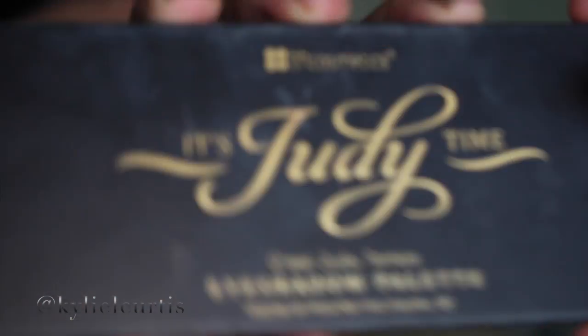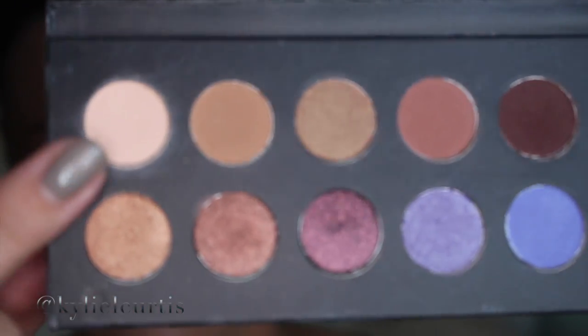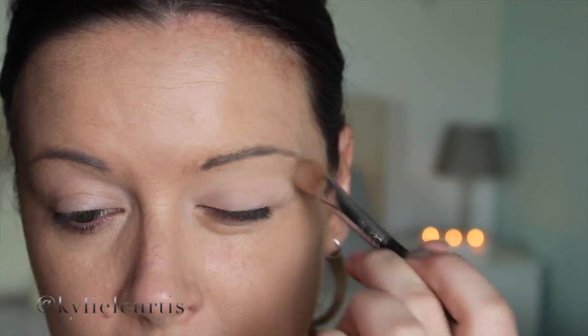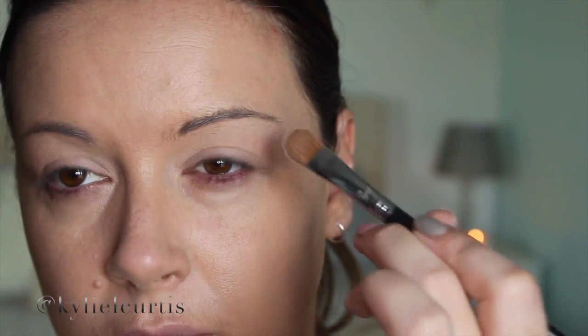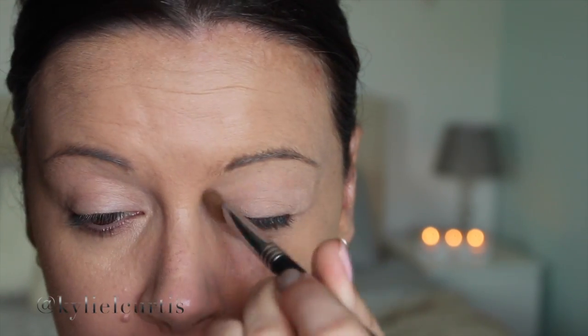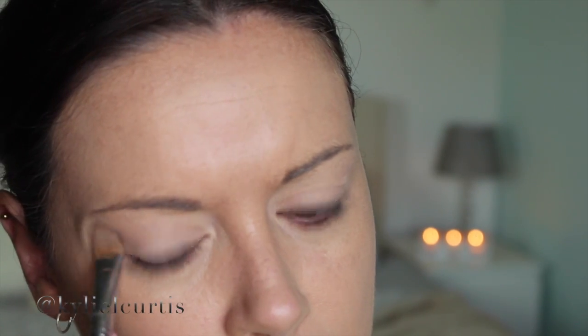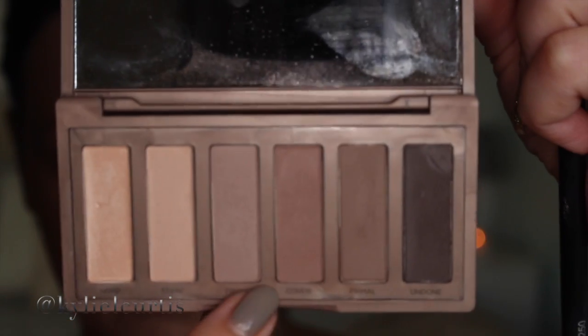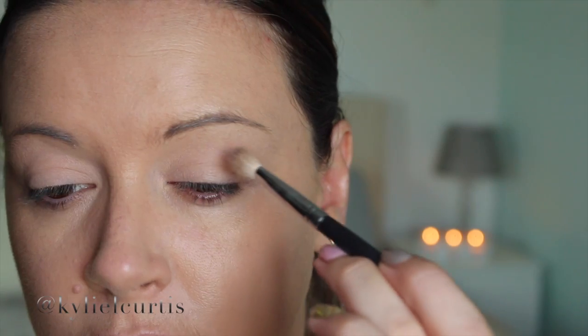Then I'm using the It's Judy Time palette. I don't know if these colours are named actually. I'm just taking the lightest shade in there, and I'm using a large shadow brush from Sigma just to add it all over the eyelid, because sometimes when you put a base on it's a bit too sticky, so a little bit of other eyeshadow will help you with the blending